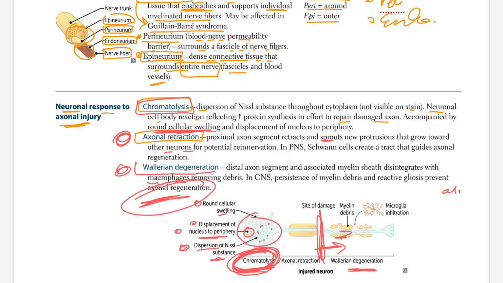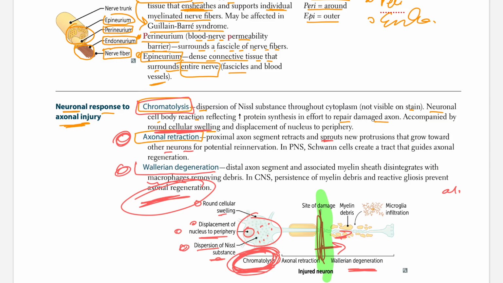Okay, so what did we learn? So we said that after an axonal injury, after this site of damage here, we have